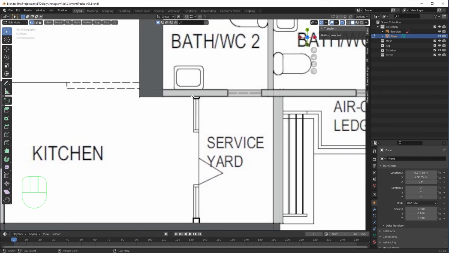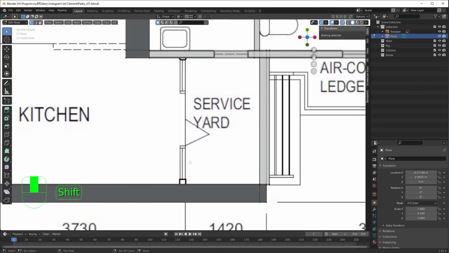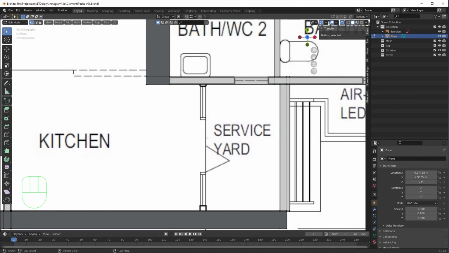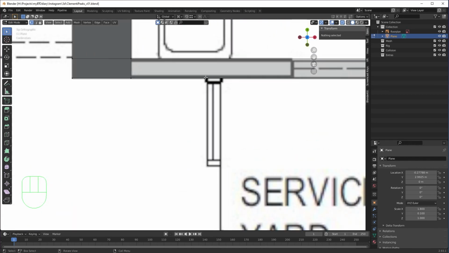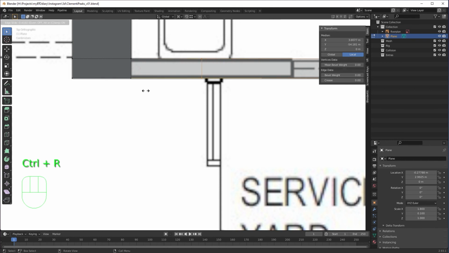So basically we can model this wall here in the service yard, but that's completely up to you. If you're planning to knock these walls down, then you don't have to model them. These are knockable walls, so feel free to not model them. All right, but for the sake of the tutorial, let's just model this, right? Let's just Control R, bring this edge loop here,